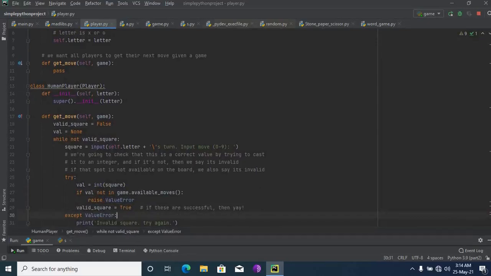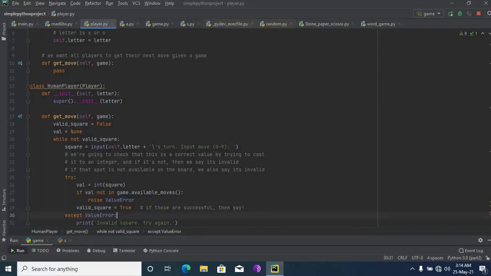I'm telling the user, that is the human player, to put any value from 0 to 9. Then try: value equals int of the input square. If the given value is not available in the given moves, it will raise a ValueError.